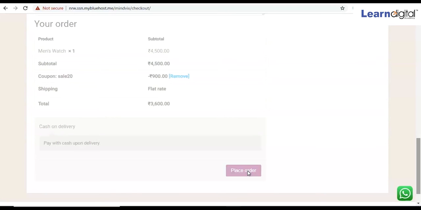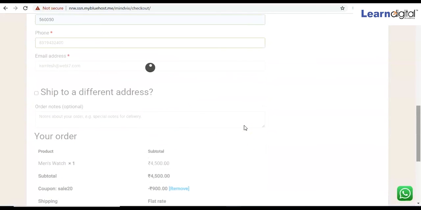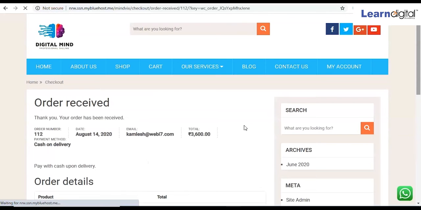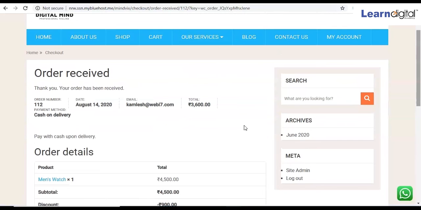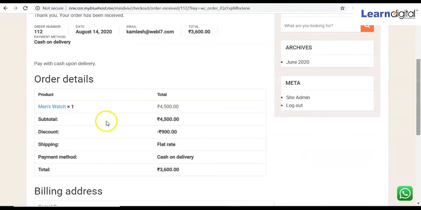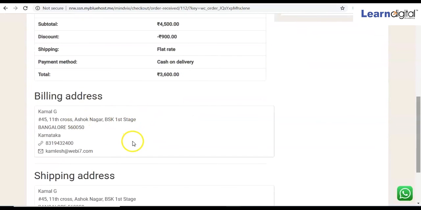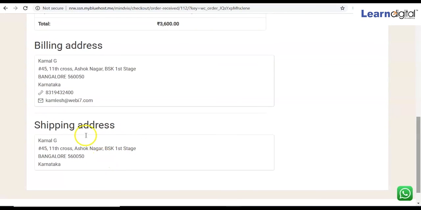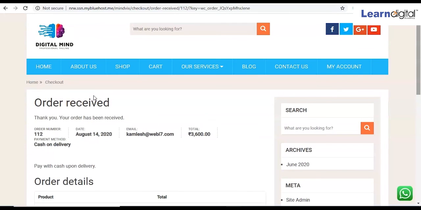The order I have placed now, so it's working. Yes, here you can see order received. Successfully I have placed an order. You can see the date as well, email ID and the total price, and the mode will be COD, cash on delivery. Everything we can see over here. This is the receipt and this is the billing address. The same is the shipping address, and here all the details, I mean the phone numbers, are coming over here. So that means we can say all this is performing very well, all this is working okay.